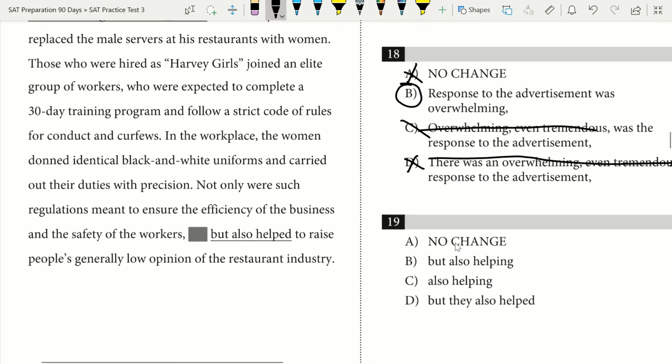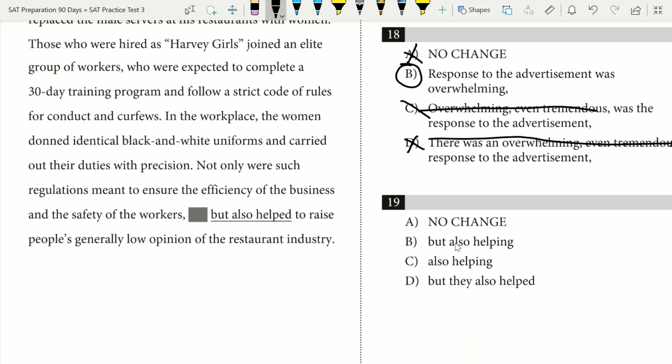All right, so Harvey soon replaced the male servers at his restaurants with women. Those who were hired as Harvey girls joined an elite group of workers who were expected to complete a 30-day training program and follow a strict code of rules for conduct and curfews. In the workplace, the women donned identical black and white uniforms and carried out their duties with precision. Not only were such regulations meant to ensure the efficiency of the business and the safety of the workers, but,